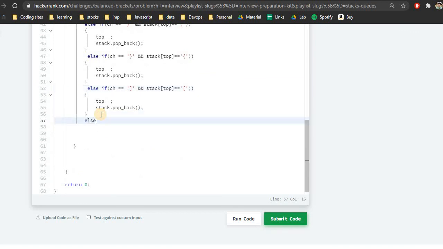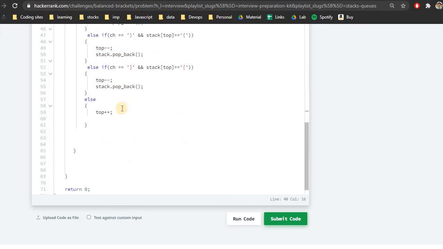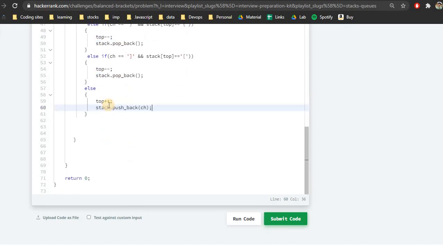So after this, we will have the else case. Now the else case will be an opening bracket of one type and a closing bracket of another. In that case, we can sense that the answer will always be no. But what we will do instead is follow the parameters and add that particular value to the stack, because sometimes the problem might be to print out the remaining characters, right? So after adding that particular value to the stack, sorry, my bad, we want to print out no here, and end the else statement. We want to break out of the loop.